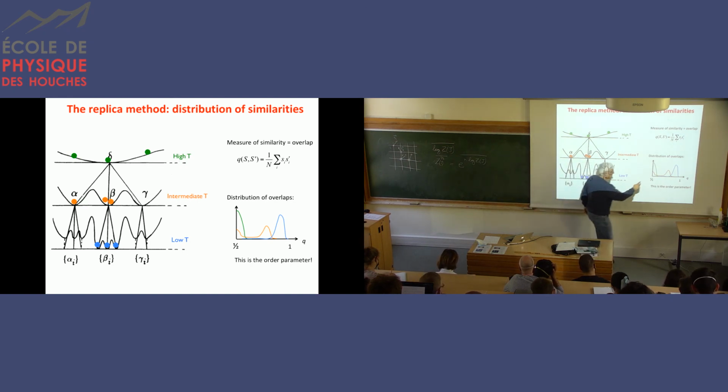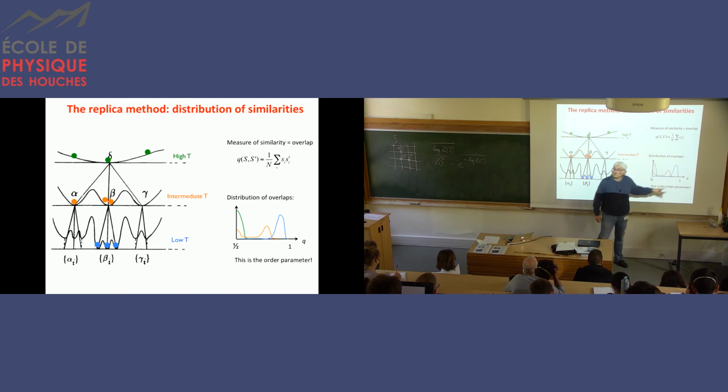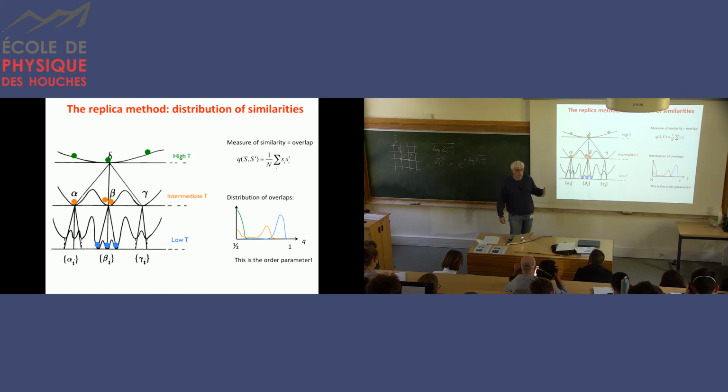So maybe you would see some distribution here with Q equal to 0 when they are very far away, and Q large when they are close to each other. And at even lower temperature, when it's very rough, maybe the configurations will be very close to each other in the very good spots in the landscape, and the distribution of Q will be concentrated close to 1, which is the maximal value. So by looking at this histogram of Q, we know something about the landscape, right? This is the order parameter of spin glasses and of these disordered systems that you can actually access when you do replicas. Okay?